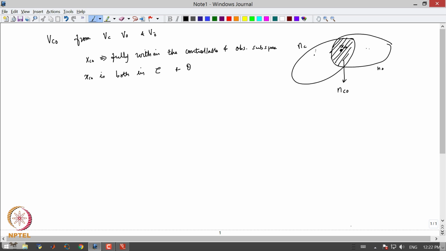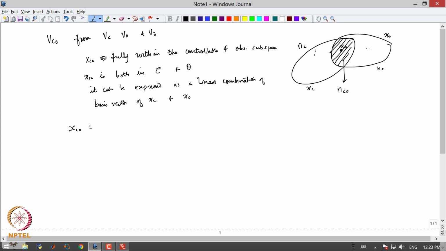And because it is in both, it can be expressed as a linear combination of, let us say I call this xc and I call this xo, of the basis vectors of the controllable subspace XC and the observable subspace XO, which means that this xc naught can be